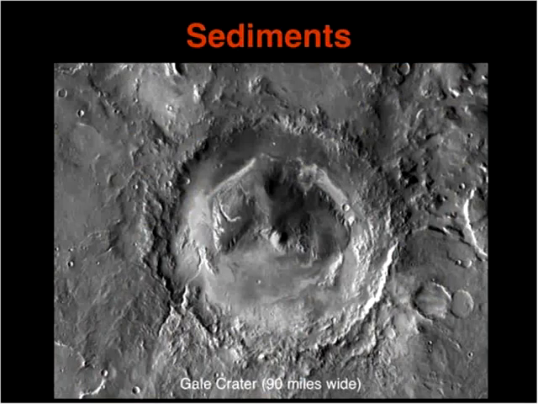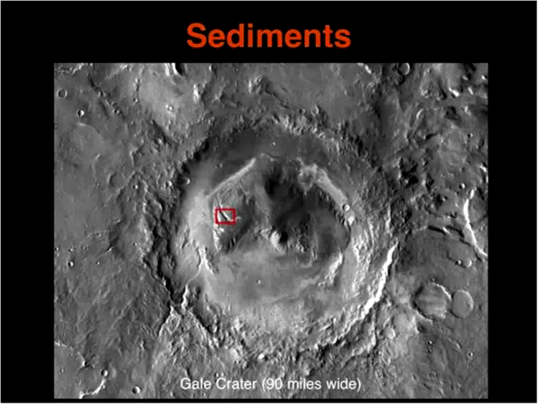The next slide shows that Mars is not just volcanic rock, igneous rock, and volcanic features. There are places on Mars where huge stacks of sedimentary rock have accumulated. So here's a crater called Gale, and inside that crater is a huge stack about 3 miles high of eroded sedimentary rock. So this was a crater that was filled up with sedimentary material that turned into rock, and now it's being eroded away. So we can see, actually I'll zero in on a little feature.